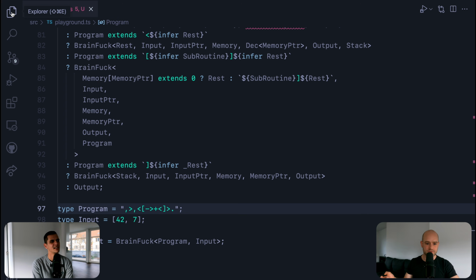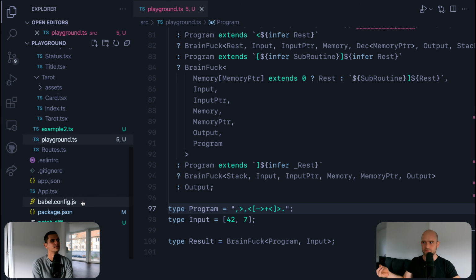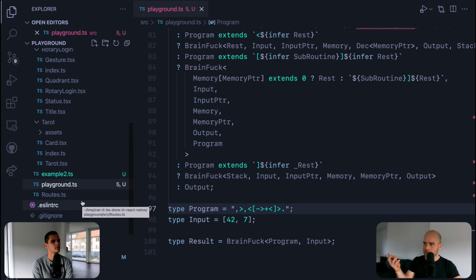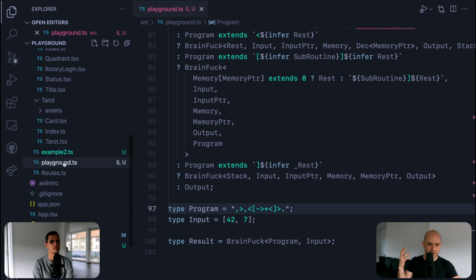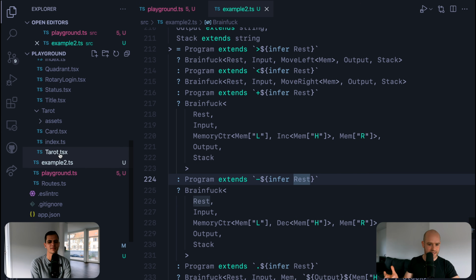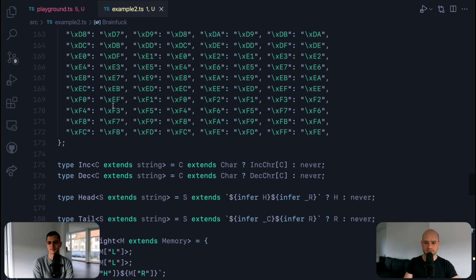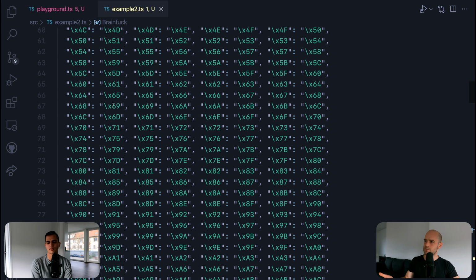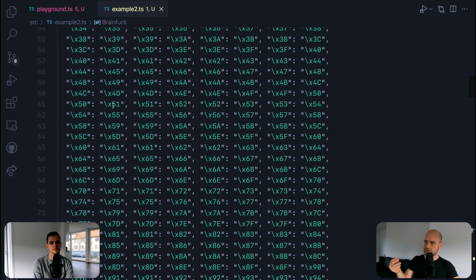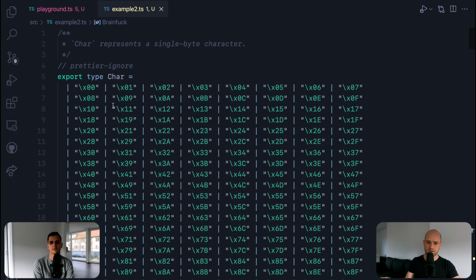But you did mention something super interesting about writing into memory, which you found super tricky. And actually, that's how I was thinking about it. But I saw someone who had a very different approach to this problem. First, there is an npm package, a GitHub repository that implements a Brainf compiler in types only, which has a completely different approach. This playground code is different, but I used the same ideas that they used in the GitHub repo. And here, instead of using numbers, they use characters.